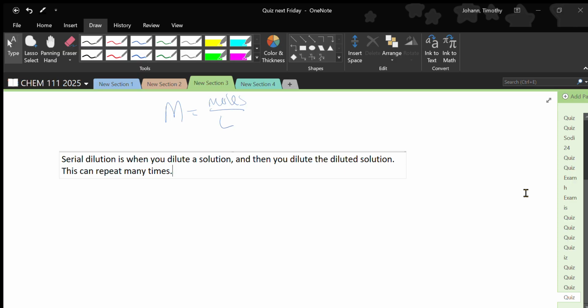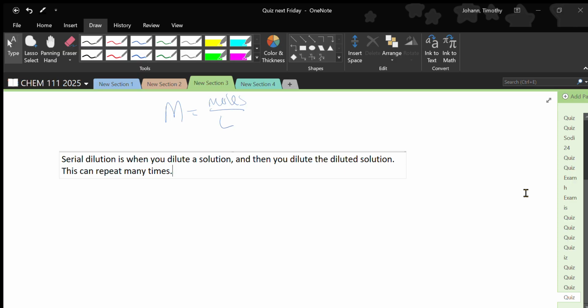You get a sample, you plate it straight. You make a 1 to 10 dilution. You make a 1 to 10 dilution of your 1 to 10 dilution for 1 to 100. You make a 1 to 10 dilution of your 1 to 100 for 1 to 1,000. Okay, microbiologists have a good feel for how many of those you would need to do because you don't actually